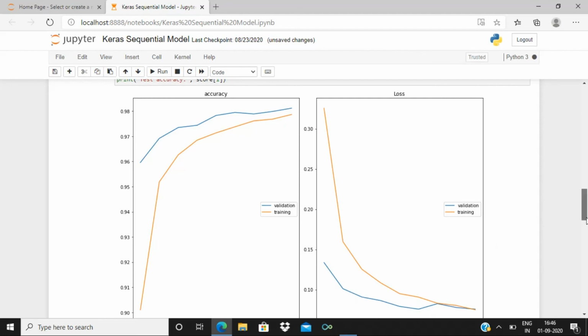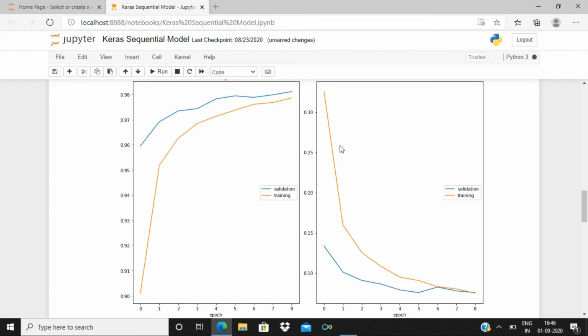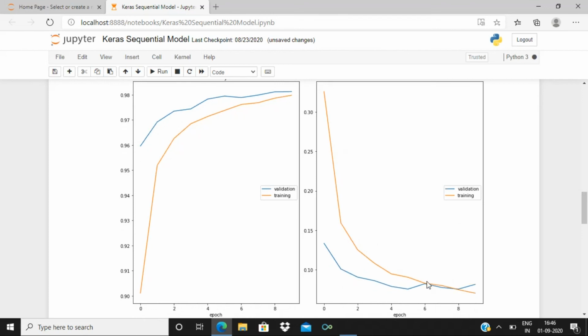We can see that the error is continuously reducing for both the training data and the testing data, that is the validation data. And over here, as the number of epochs increases, the accuracy is increasing. For the 2 epochs it has increased up to here, and for the 4 epochs it has increased up to here.